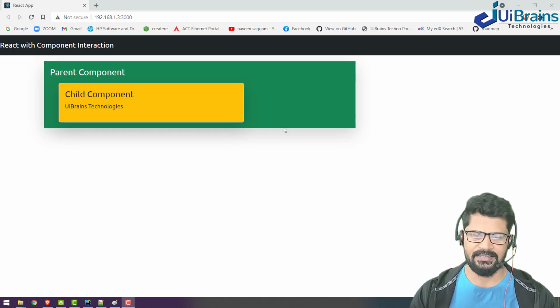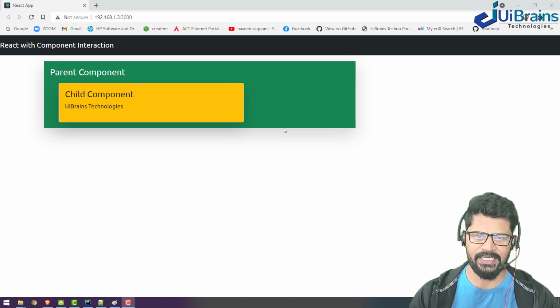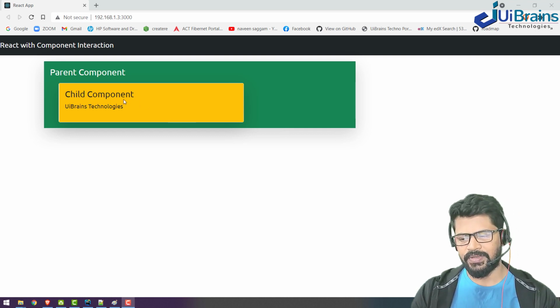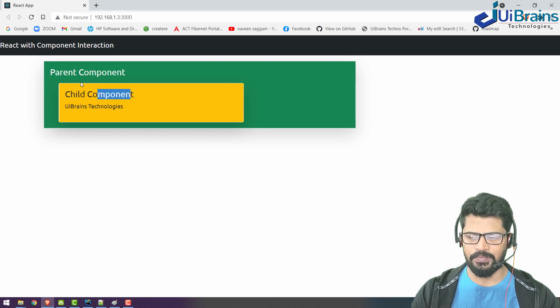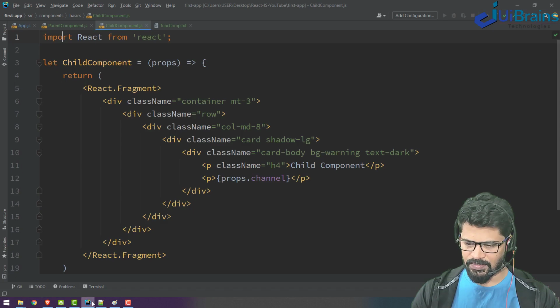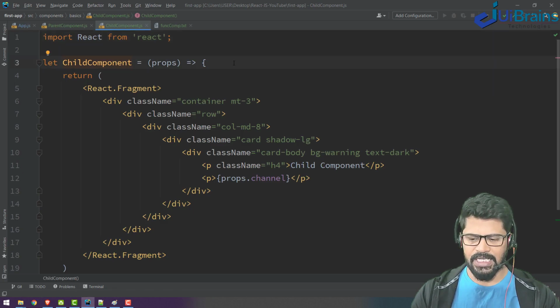Hello and welcome back. So we understand from parent to child, and now let's start with child to parent. So you want to transfer data from child to parent, so the child should have data first, right? So can I go to the child? The child should have data, correct?